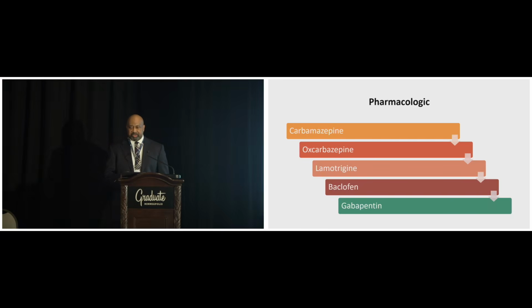Gabapentin always gets mentioned, and I always think it's like throwing a quarter into the koi pond. We hope it's gonna work and we're wishing, but sometimes it really doesn't work as well as we think it will. And for a lot of pain conditions, it hasn't been shown to be very effective, especially for trigeminal neuralgia as monotherapy.